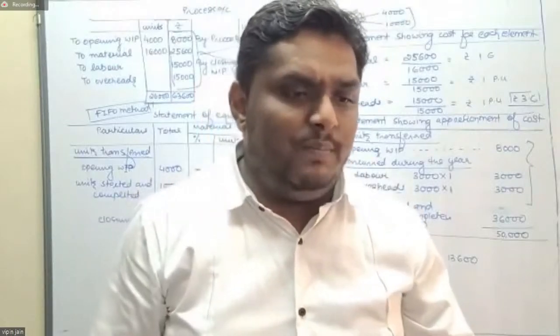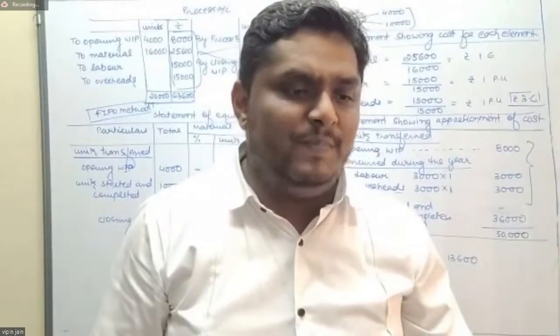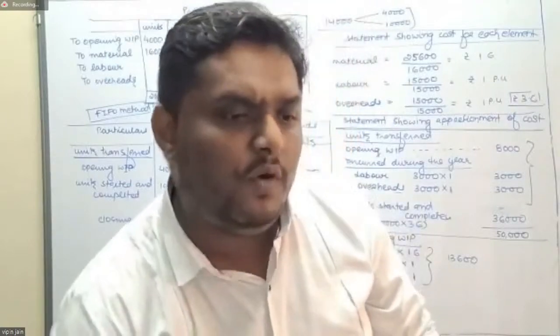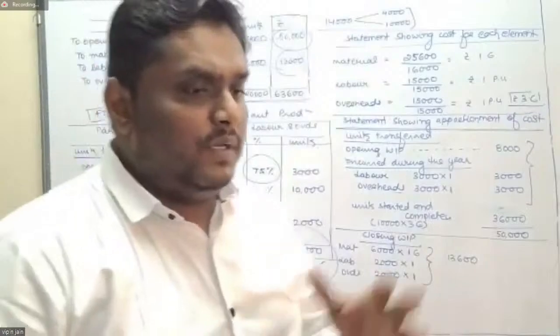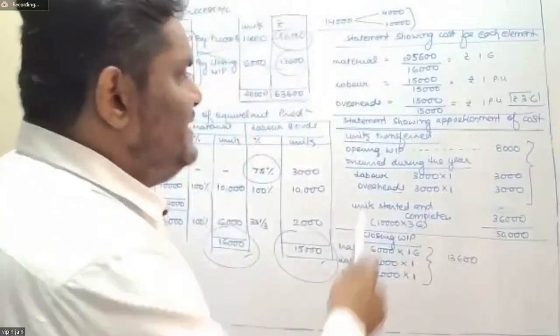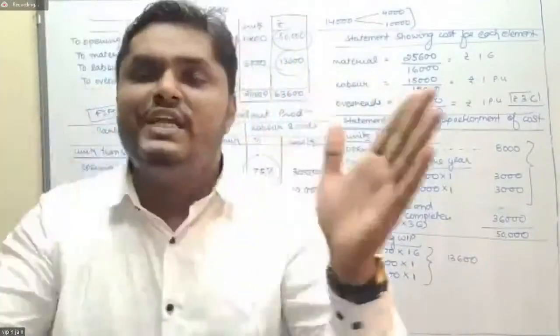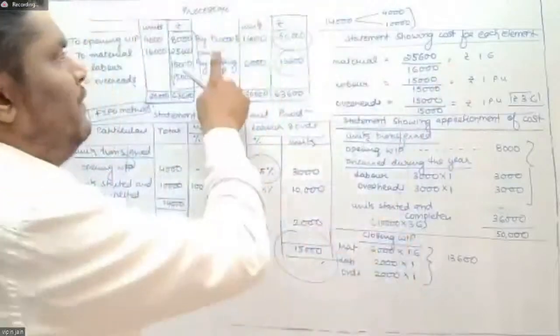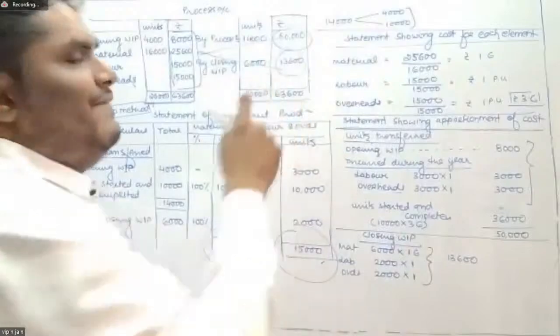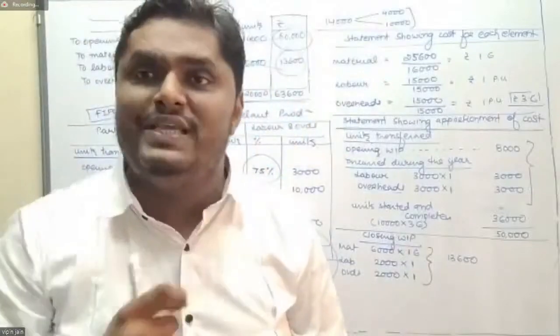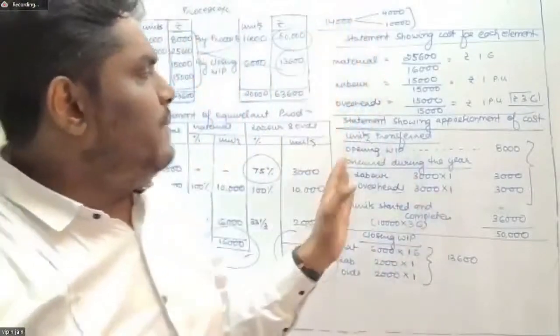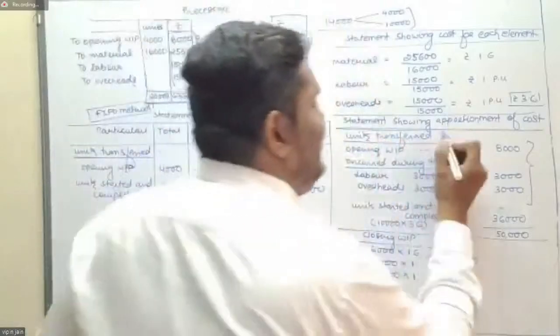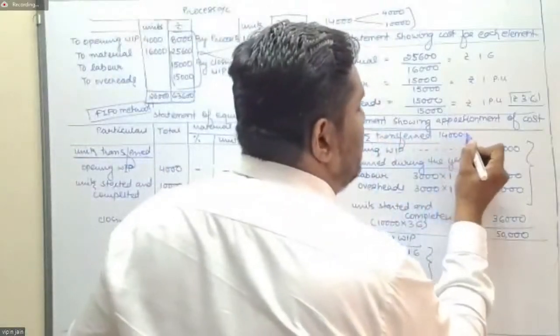Mr. Teshwant sir, please explain the statement of apportionment of cost. Okay, fine. This one is for you, Mr. Teshwant. See dear, when talking about statement of apportionment of cost, it means what? We have to calculate the cost of units that are transferred and the value of work in progress, that is closing work in progress. Now, when talking about units that are transferred, that is in aggregate 14,000 units,